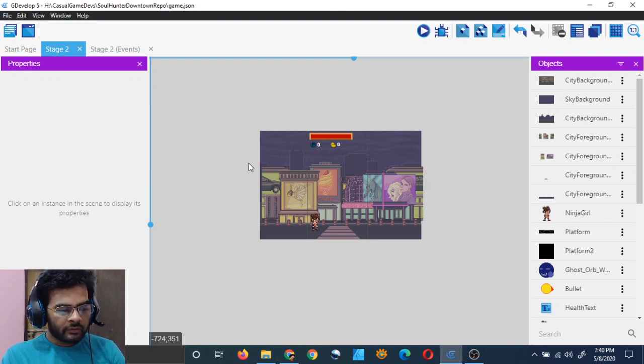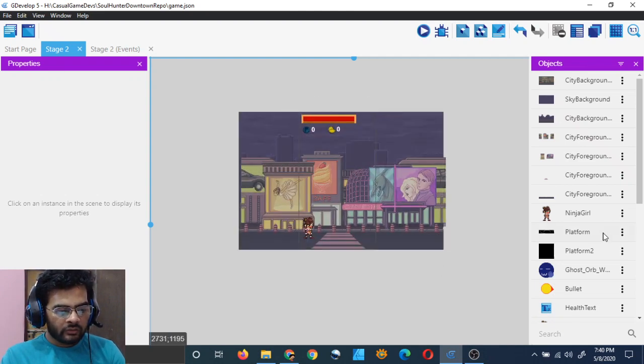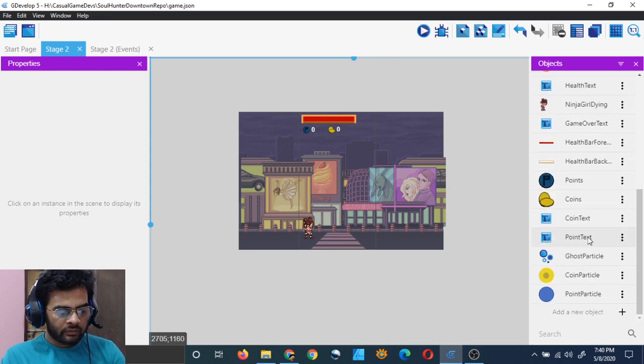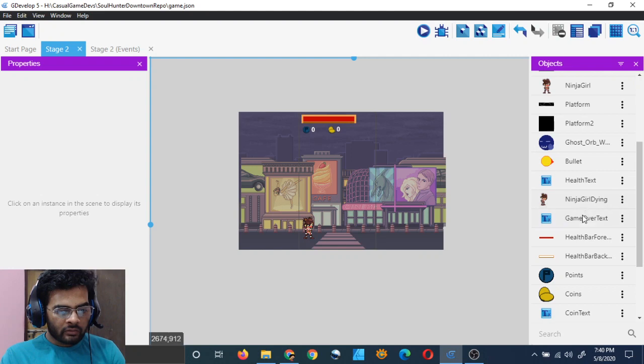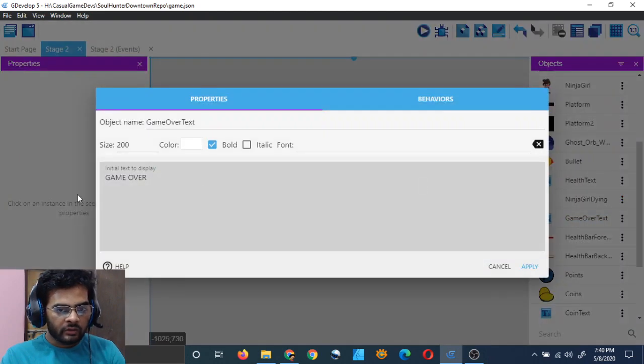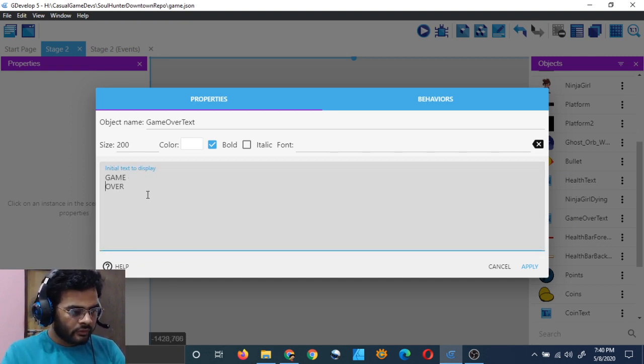So one thing which I forgot to fix in the last stage was the game over text. So let's do that. It is coming way outside the screen. So just go to game over text, double click on it, and just hit enter here. Game over should display one above another.